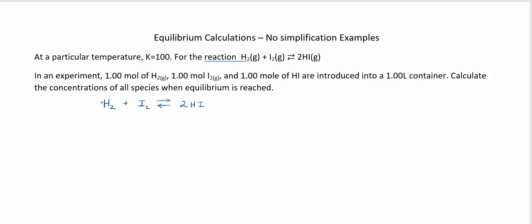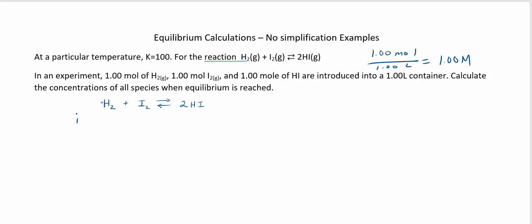with hydroiodic acid gas. So in this experiment, we have 1 mole of hydrogen, 1 mole of iodine, and 1 mole of HI, and they're introduced into a 1-liter container. So we are told to calculate the concentration of all species when equilibrium is reached. So initially, we have, and all of these are 1.00 moles in 1.00 liters, so they are 1.00 capital M